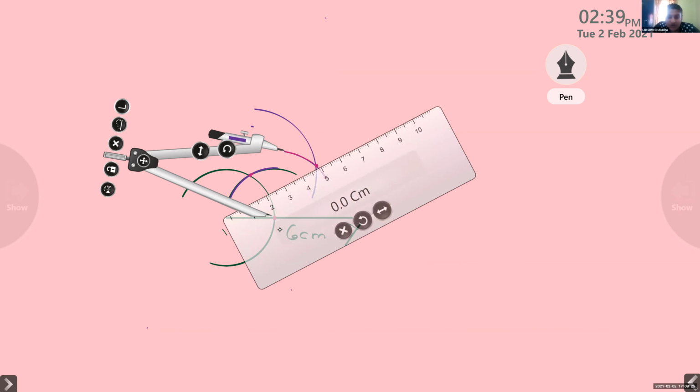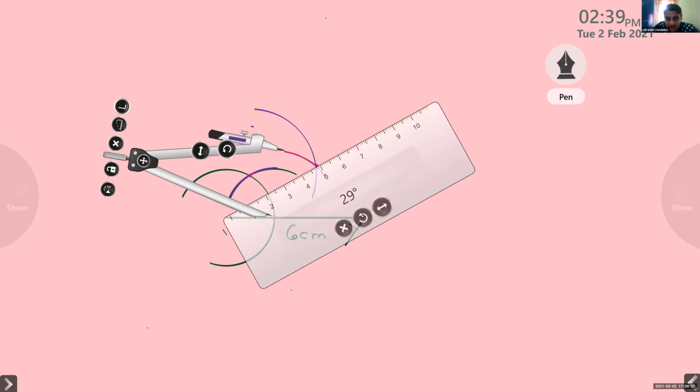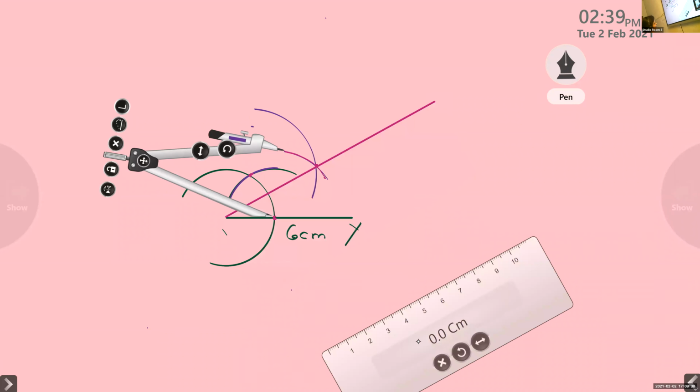Will you draw it one more time? You want me to draw one more time? Yes, ma'am. This is 30 degrees. Okay, you got 30 degrees. One thing: you can take a protractor, measure 30 degrees and draw a ray. Clear? That will be better. It takes time when I explain like this. If you can draw, it is good. You can draw 30 degrees.